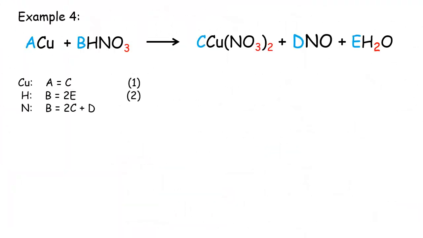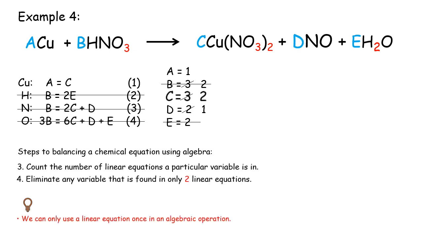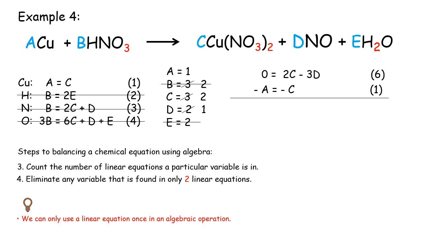We are now left with just one variable that we can eliminate. Variable c. We can do that by subtracting equation 1 from equation 6. First we have to multiply equation 1 by 2, giving us minus 2a equals minus 2c. We can then cancel 2c out and subtract the rest of the variables, giving us equation 7. By multiplying equation 7 by minus 1, we get 2a equals 3d. We can just as well write equation 7 as 3d equals 2a by rearranging the equation, and it won't make